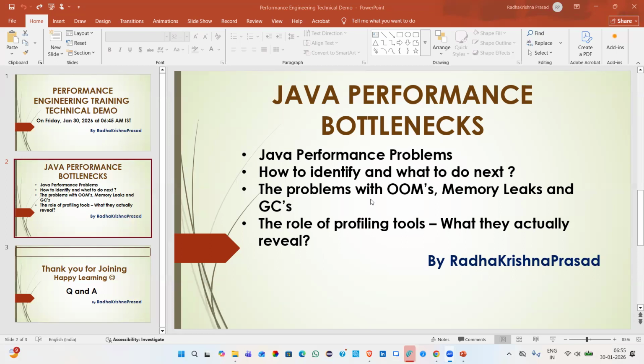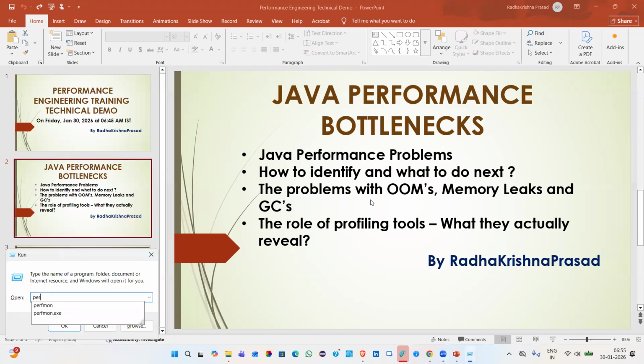So we'll find out how to identify the problems when performance testing is happening. We also have a couple of scripts readily available, which were developed in LoadRunner. When I run them, I'll tell you how to look at different activities. Now, when I'm talking about some of the performance problems,